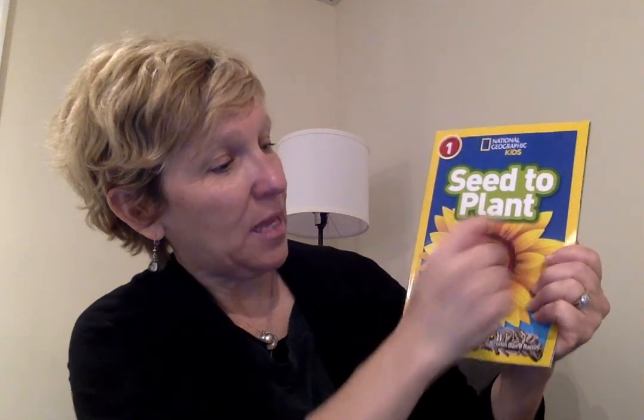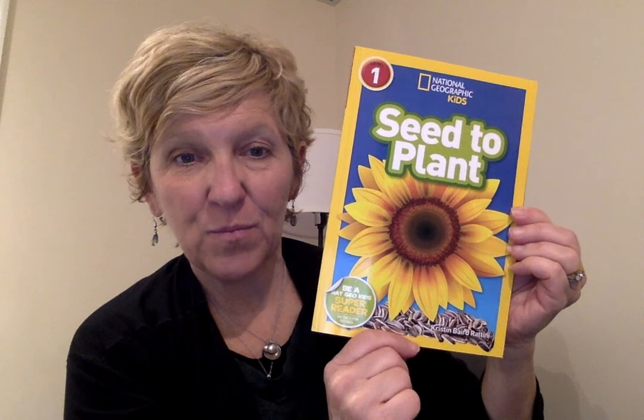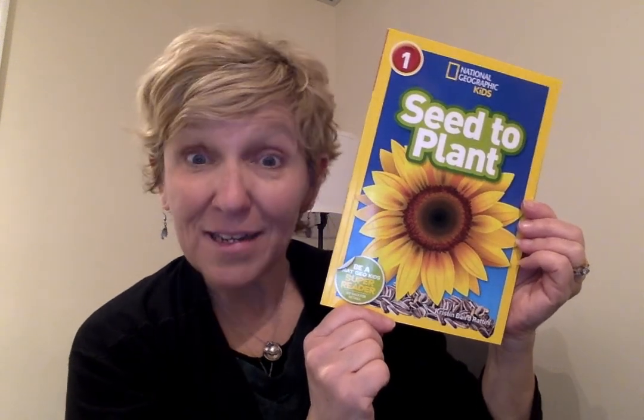Boys and girls, here is another story for you, and it is called Seed to Plant. Does anyone know what kind of plant this is on the front? And what kind of seeds? Right, you guessed it. Good job. Sunflower seeds and a sunflower. Good job. That's a fun plant